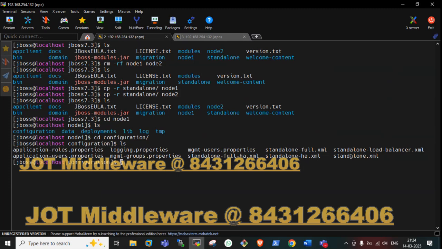Other than that, this is the default standalone.xml for a standalone server configuration. And there are standalone-ha.xml, standalone-full-ha.xml, and standalone-load-balancer.xml. These three we will talk about later. Each one has different subsystems loaded based on the requirement. The other day we saw the subsystems of